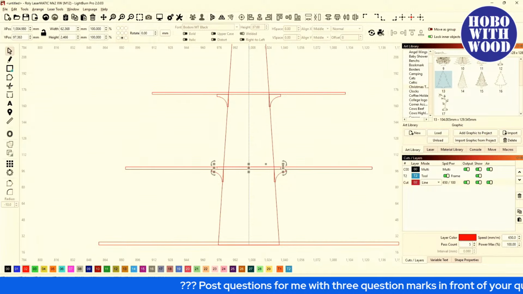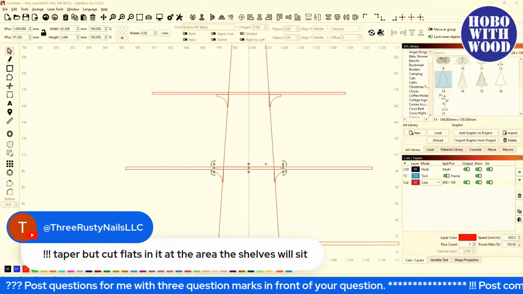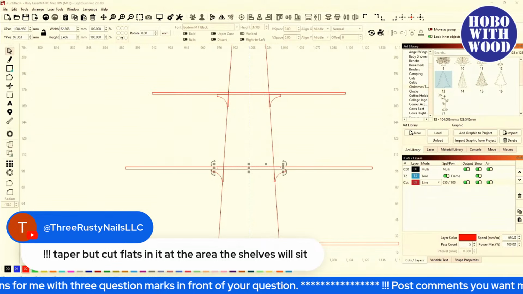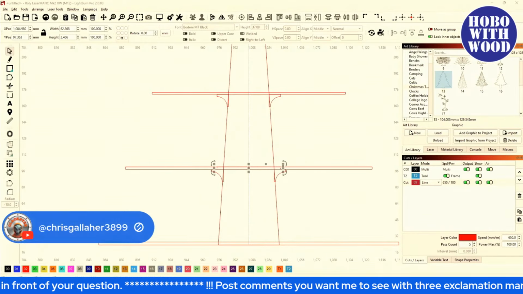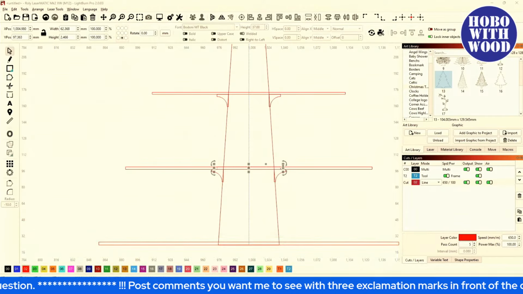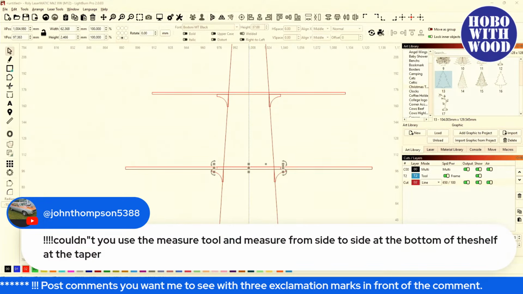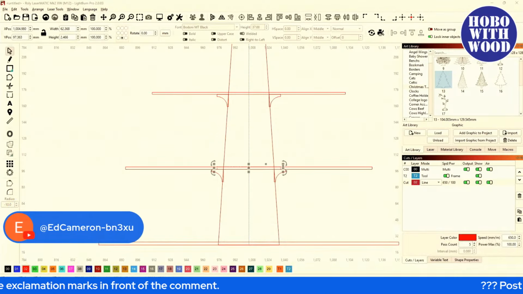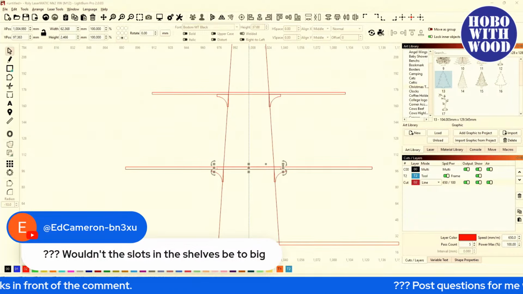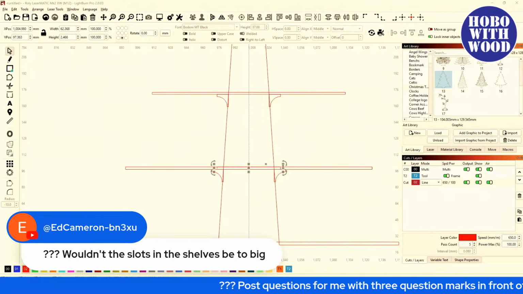Let's see. Taper, but cut flats in it. Oh yeah, we had that. See, you could use the same. Yeah, we got that. Couldn't you use the measure tool? Yes, absolutely. You sure can. Wouldn't the slots and the shelves be too big? Well,